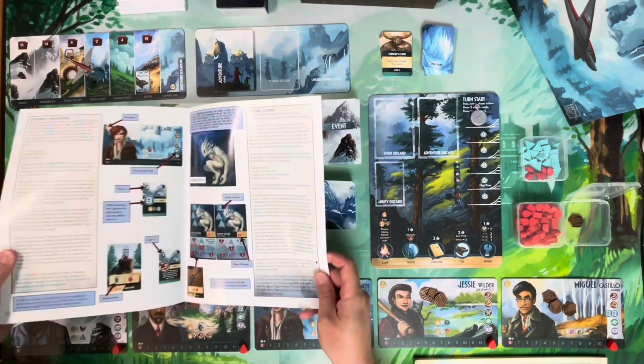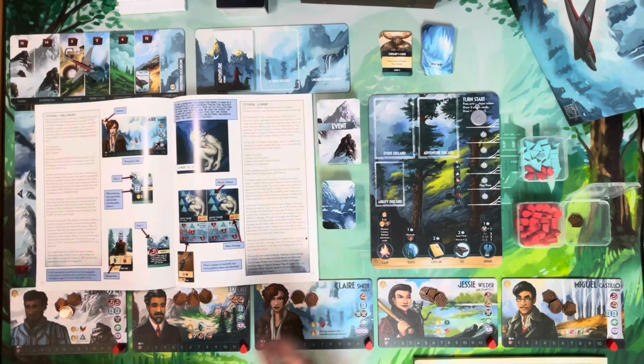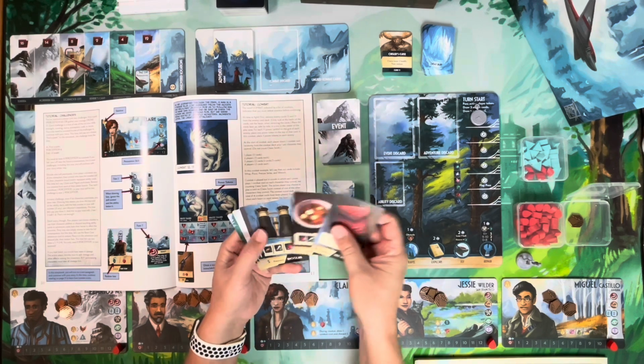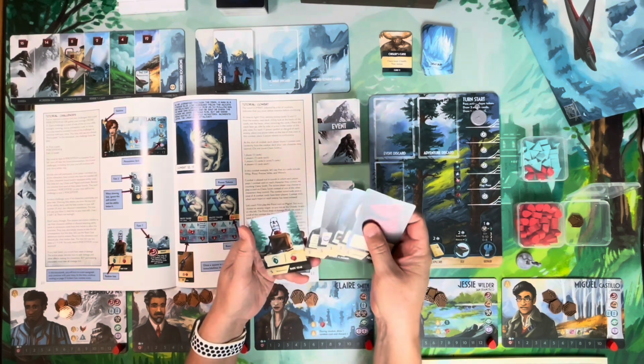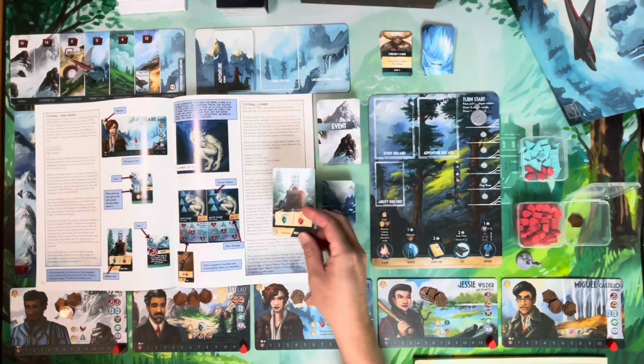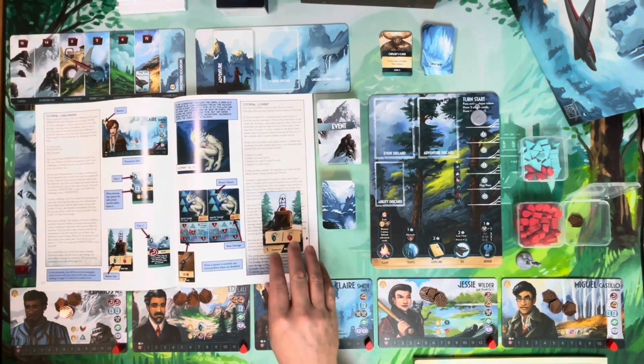It says to pretend, I'm going to move Claire off the board here so we don't smush her. It says to pretend that you drew a 2, and 2 and 2 equals 4, and that's not enough. And then it tells us to exhaust some of our equipment here. So our basic gear. So it used to be that if you had an equipment card like this, you would